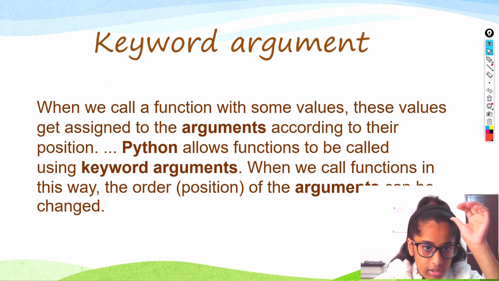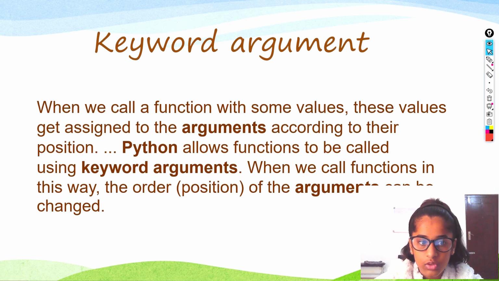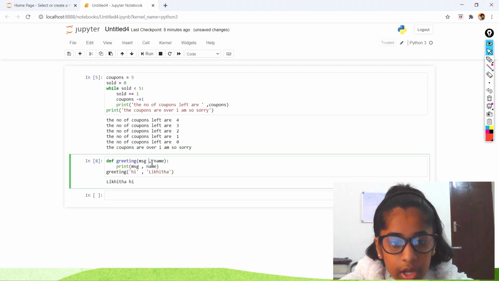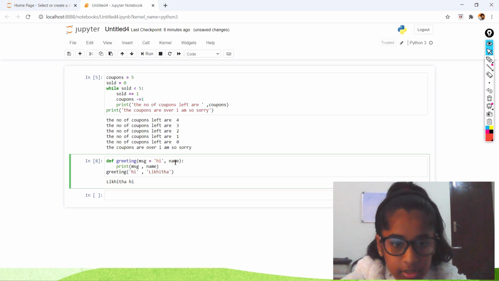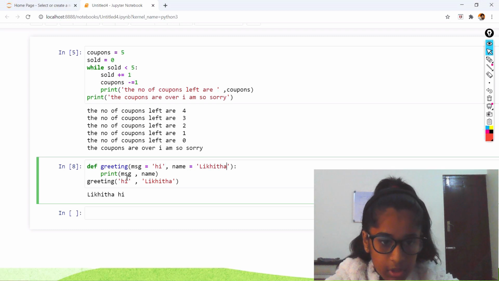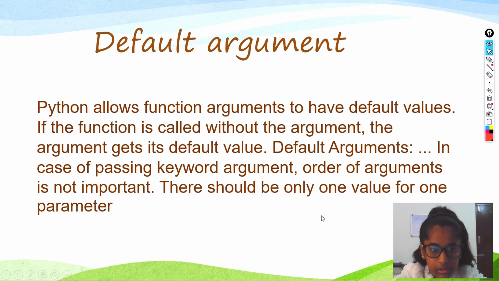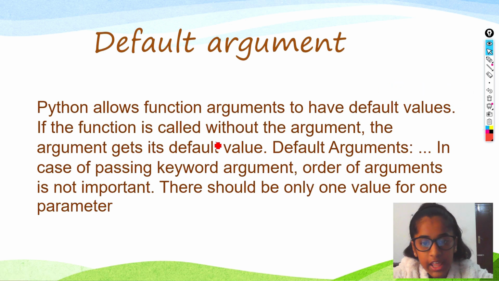Let's move to our keyword argument. When we call a function with some values, these values get assigned to the arguments according to the position. Python allows the function to be called with keyword arguments, in which the order does not matter. So what if we assign our values here itself? We're going to say message is equal to hi. What is this called? Yes, this is called the keyword argument. Let's move forward to our default argument. Default argument actually lets the values